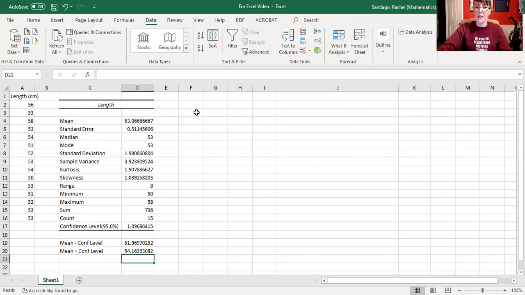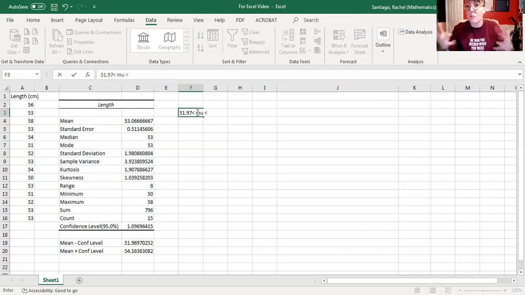So when you think about writing your confidence interval, you can use your interval notation. You can say, and let's say we round to the nearest hundredths place, 51.97 is less than, and I want to say the population mean, so that's mu, and I'll write out mu, even though I would write the symbol in there. But you know, I'm referring to the Greek letter mu. So 51.97 is less than mu, which is less than